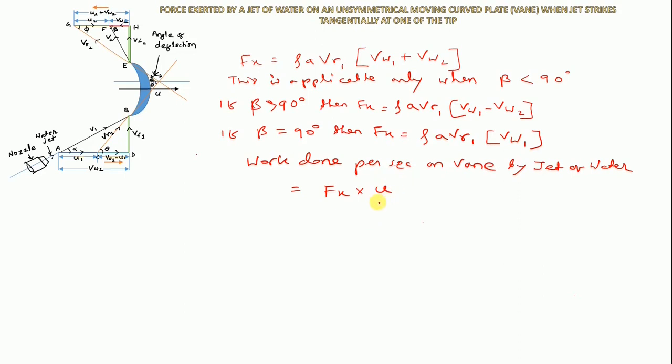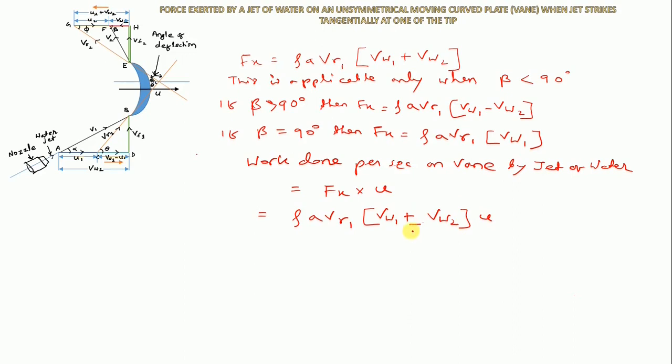So the blade is displaced, and the work done per second on the vane by the jet of water is equal to Fx into u, because the blade is displaced with u velocity. So that will be rho a Vr1 into Vw1 plus minus Vw2 into u,